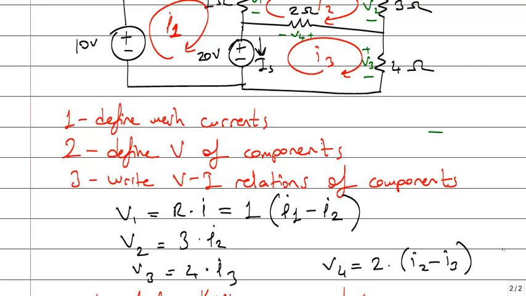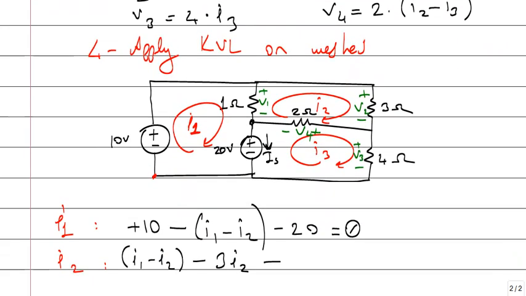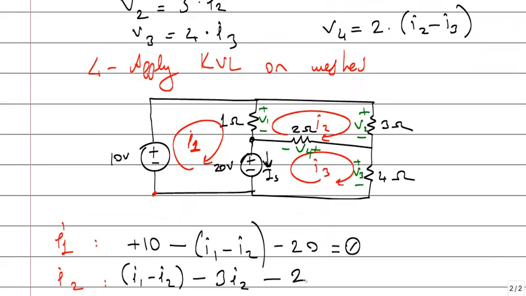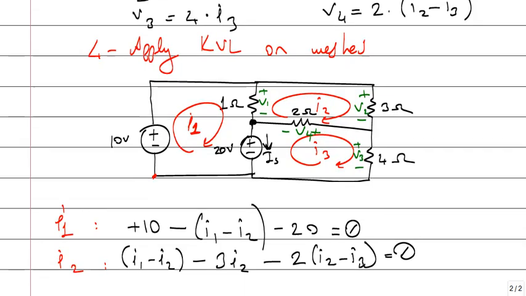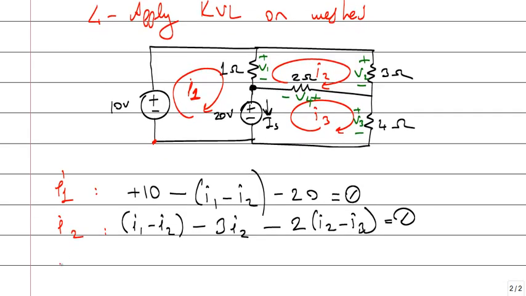Okay. So I will write 2 times I2 minus I3, and then I have reached the same point. Summation should be 0. Then the third mesh equation is, start from a point, continue, voltage increase 20, continue, voltage